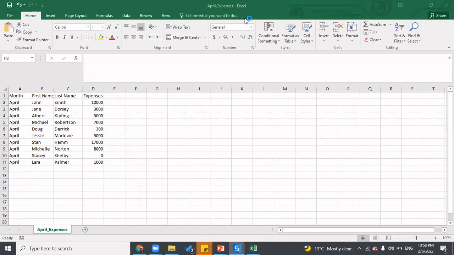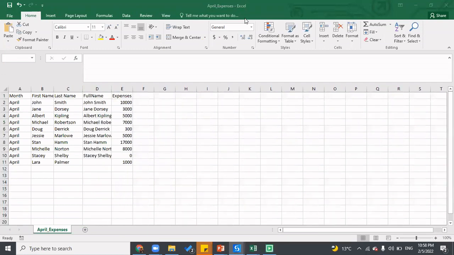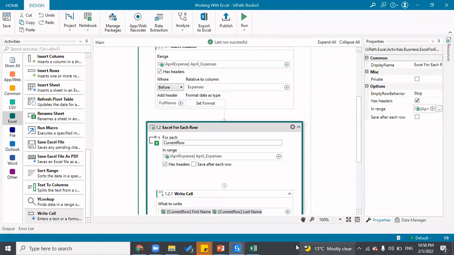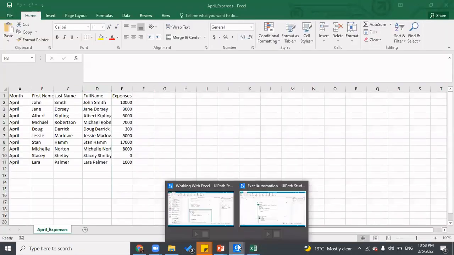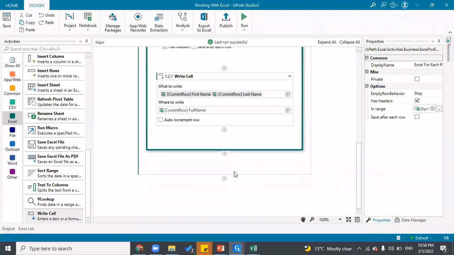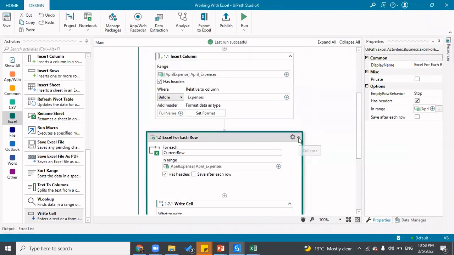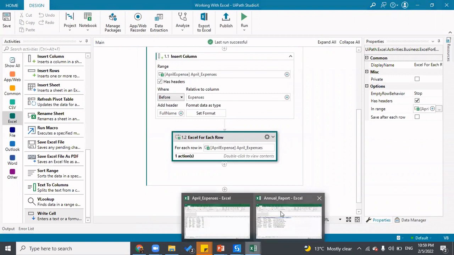Okay. And let's just wait for it to add that particular column, full name, and then add the name. Okay. So we're done here. It has added the name. Now what next? Next comes that we have to search for the name in the other sheet, which is this